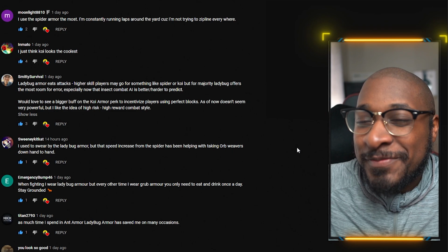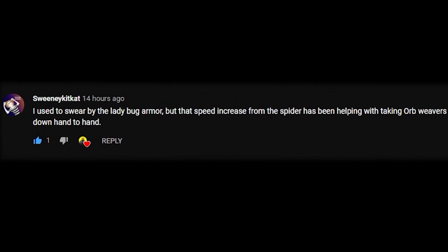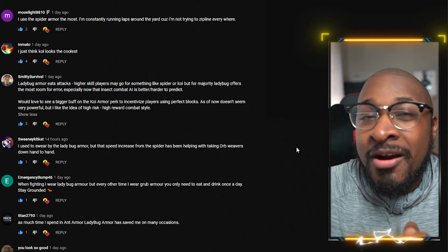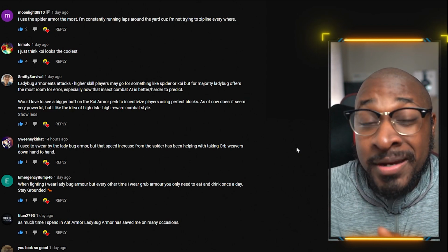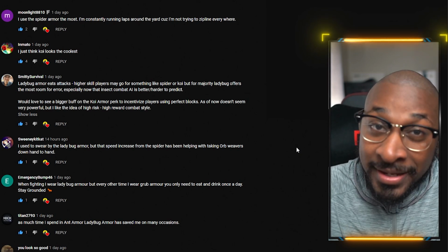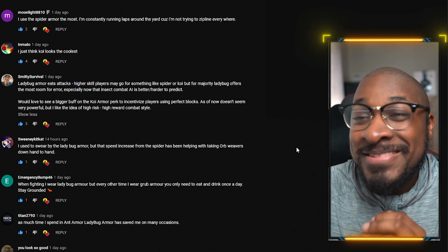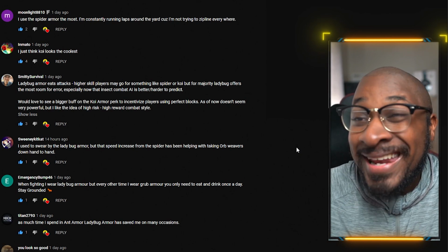So the next comment comes from Sweetney Kit Kat. I used to swear by the Ladybug armor, but that speed increase from the spider has been helping with taking orb weavers down hand to hand. Now, I gotta agree, the speed with the spider gear armor is true. You do get a lot more of a speed boost when fighting spiders in the game, especially wolf spiders. You can kind of just run laps around them with spider armor. But the big problem that I have with fighting spiders with spider gear is if you get hit, you gonna get hit. Now, I'm gonna just keep it 100, telling you, the spider gear is great for movement, but fighting,